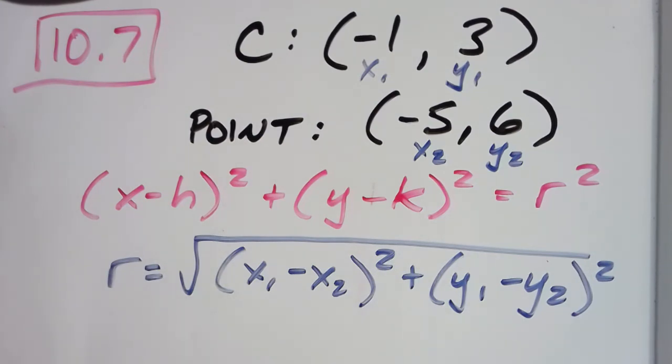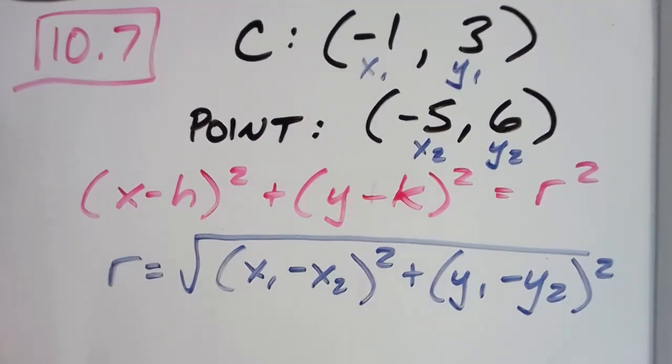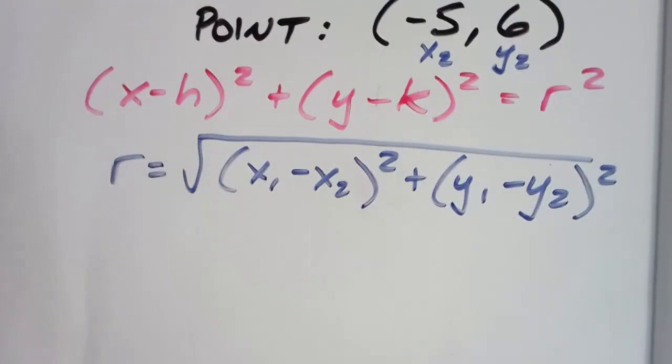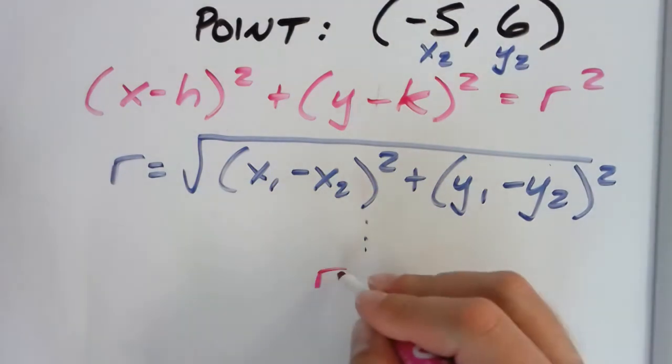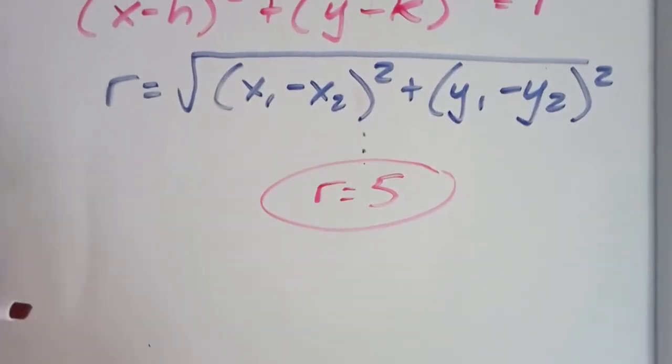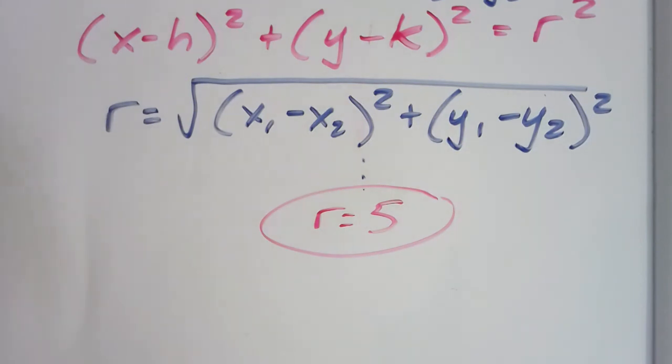Now in this case, I'm just going to jump to the conclusion. I'm going to skip working through that distance formula for the sake of this recording, just so that we can get to it. So you go through the effort of plugging stuff in and doing this. Radius came out to be the square root of 25, or r equaled 5 in this case. And so once you get to that result of what your radius is, now I just have to plug it into that formula, this x minus h squared. So here I would plug in that -1, +3 center, and now the radius location